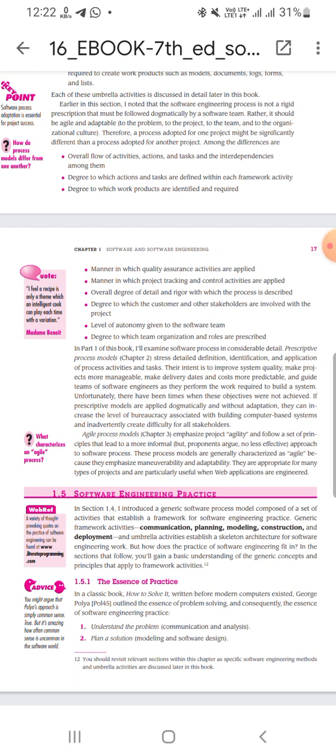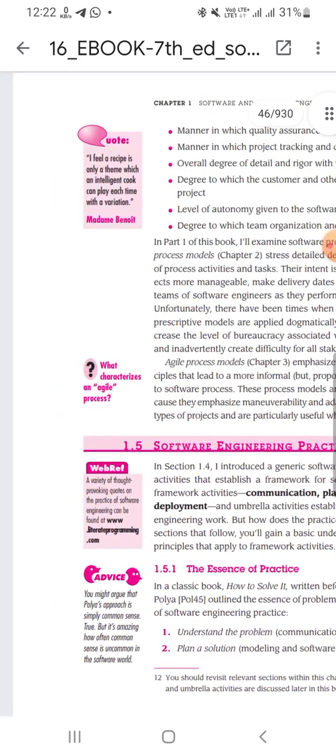Generic framework activities: communication, planning, modeling, construction, and deployment. And umbrella activities establish a skeleton architecture for software engineering work. But how does the practice of software engineering fit in? In the sections that follow, you will gain a basic understanding of the generic concepts and principles that apply to framework activities. You should revisit relevant sections within this chapter as specific software engineering methods and umbrella activities are discussed later in this book. A variety of thought-provoking quotes on the practice of software engineering can be found at